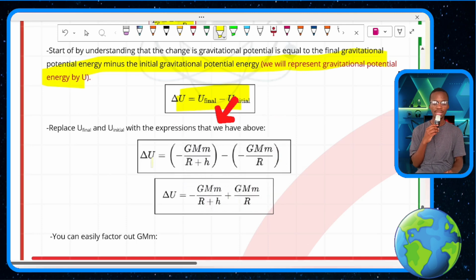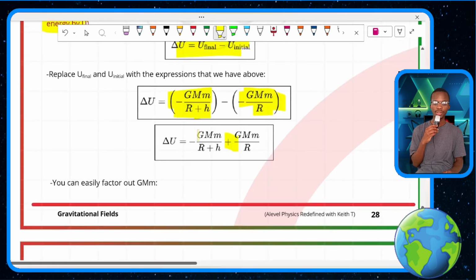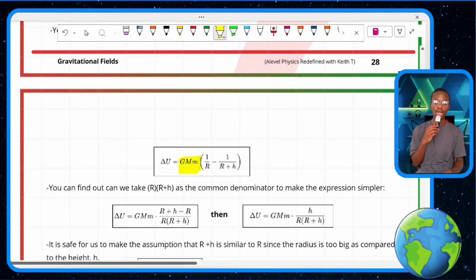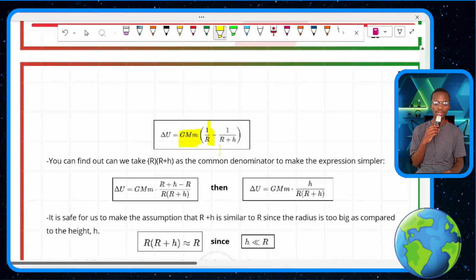So we now know that the final is negative GM over r plus h, subtract negative GMm over r. Negative and negative gives you a plus. So this will be the equation for delta U. We can easily factor out GMm, and we're left with 1 over r minus 1 over r plus h. And we take r times r plus h